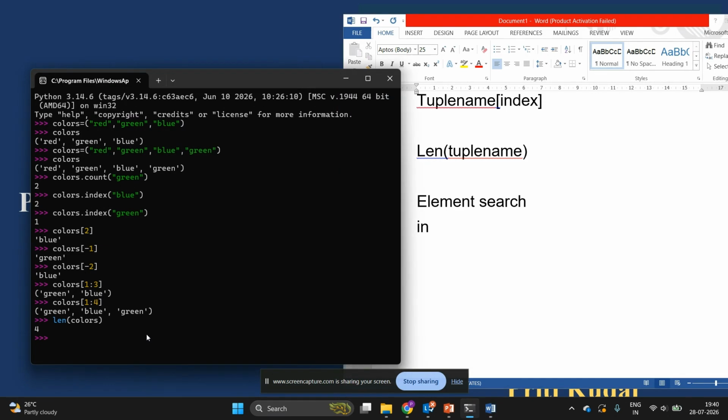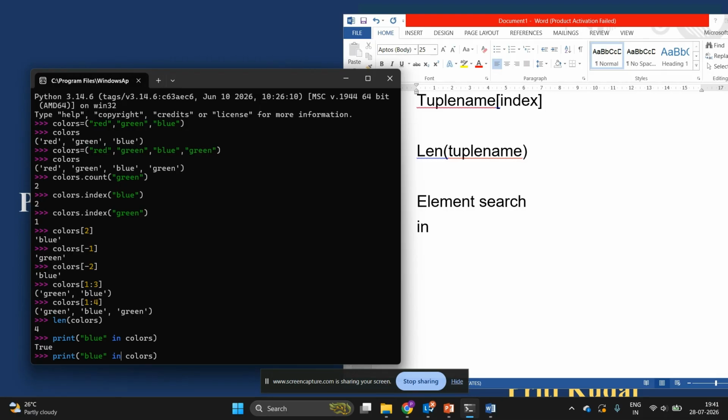If I want to check whether blue is available in the tuple, I write print in brackets blue in colors. Here in is the membership operator, and colors is the name of the tuple. It will check whether the blue value is available in the tuple colors. If it is available, it will return true, otherwise false. So it has returned true.